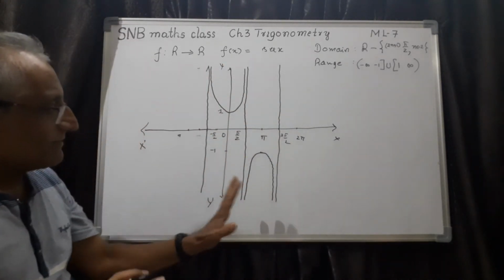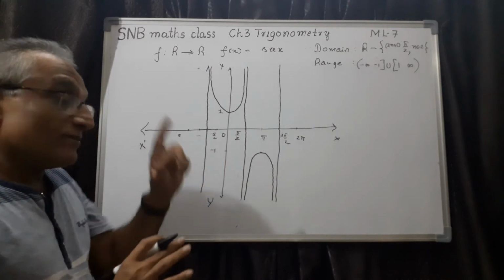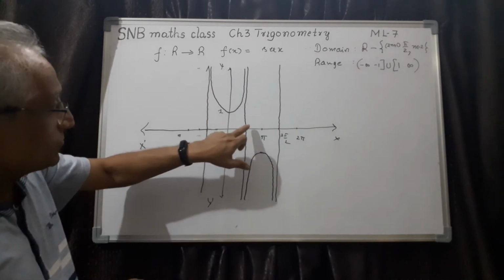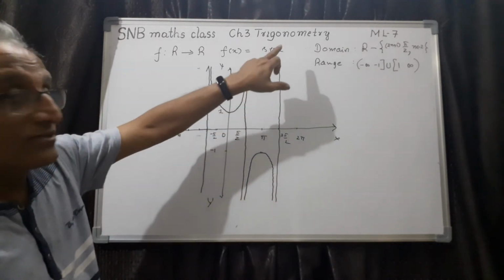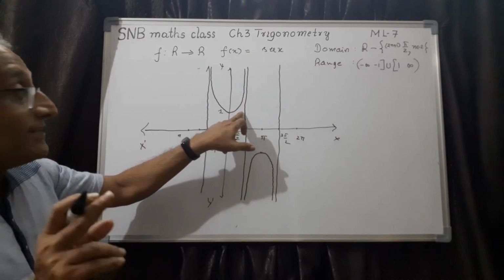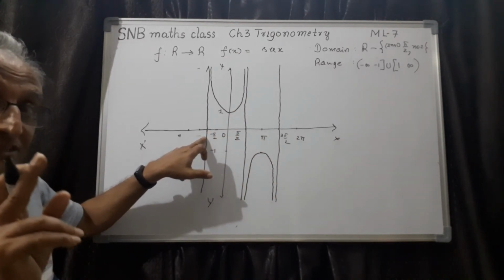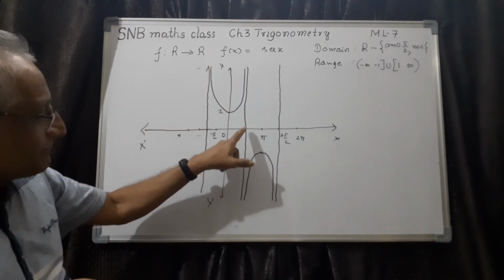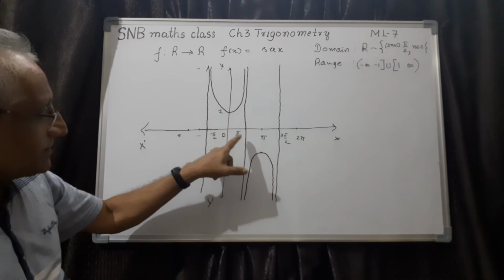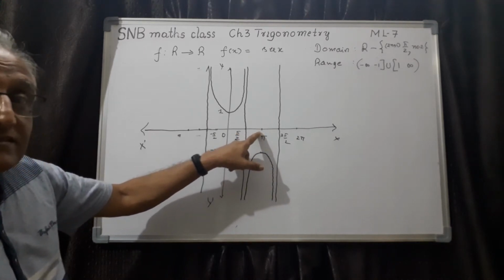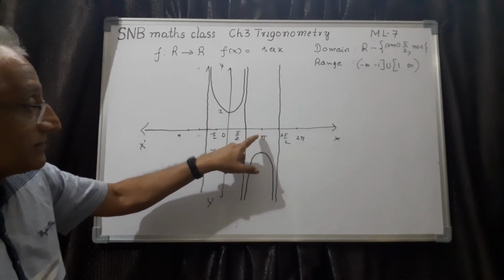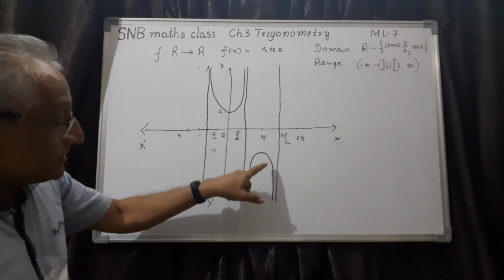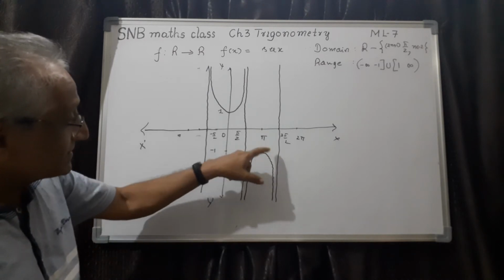Now you can see whether it fits with our original idea in terms of quadrants. For example, 0 to pi by 2 means first quadrant, positive, because cos is positive, so this is also positive. And 0 to minus pi by 2, remember, is the fourth quadrant, cos is positive, so this is also positive. And you can see here, pi by 2 to pi means second quadrant in the coordinate system, negative. Pi to 3 pi by 2, third quadrant, negative. So here it is negative, here it is positive.